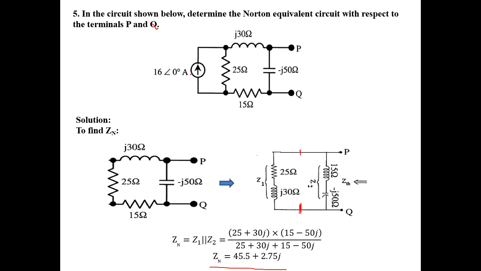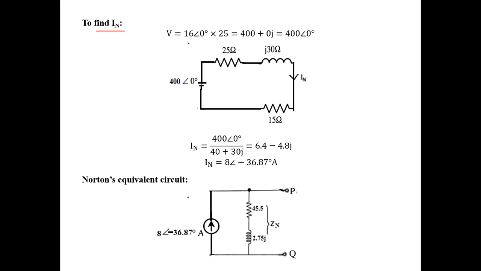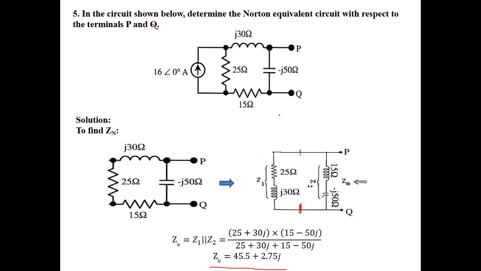In this circuit, here it has a current source. We can convert this current into voltage by using Ohm's law. We can write V equals I times R. This is the I value, this is the R value. Then the arrow is in the upward direction, so we can put the positive on the upper side. This is negative, and then the resistance is in series with the voltage. Next J30 and then J15 ohm.